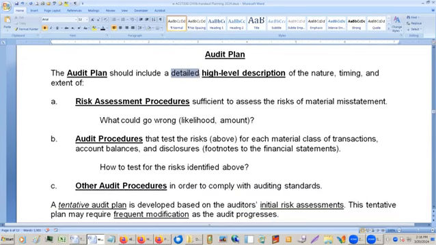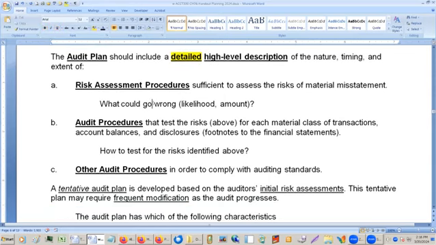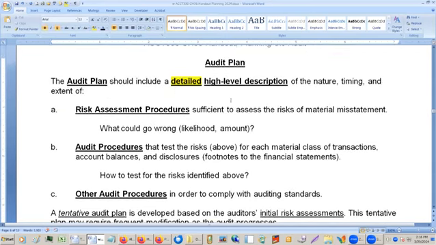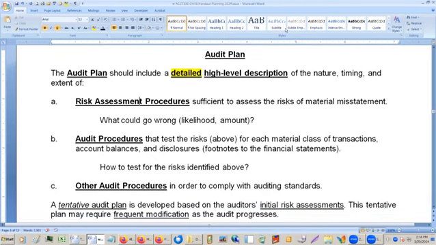The audit plan is a detailed, I should highlight that. High-level description, nature, timing, extent of all the procedures. And this is one thing that you gotta realize for auditing. You go through this auditing class, man, I could never remember all that stuff. You go through, for instance, chapter 10 of this textbook has a bunch of stuff on the cash account. And there's about 10 kind of important things in the cash account that you gotta, man, I never remembered all that, right? Well, you don't have to.